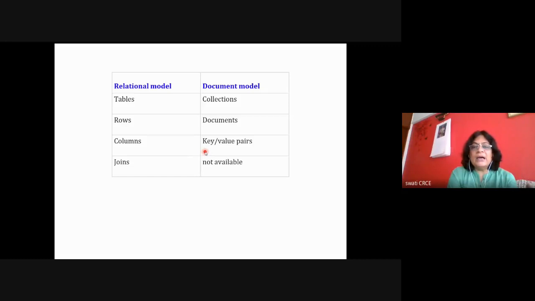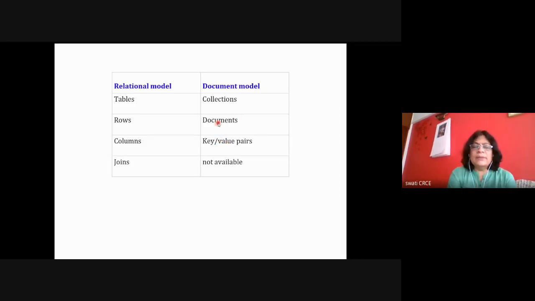So column elements are stored as key and value, where the key indicates the name of the column and the value indicates the value of the column. Okay, so we can revise this. A column element for a particular row, a particular document, is a key value pair, where the key indicates the name of the column and the value indicates the value field. All these key values combine together into a document.